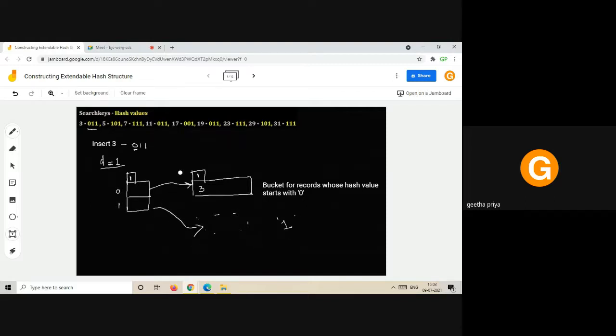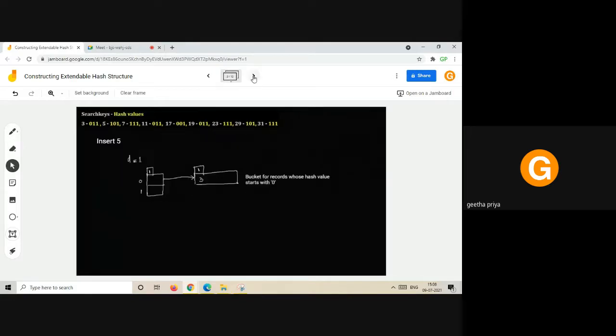So when d is equivalent to 1, it can point to at most 2 buckets. Since 3 starts with a 0, I have placed it into the bucket whose hash value starts with a 0. That is the first insertion.